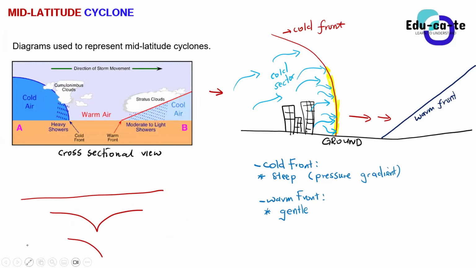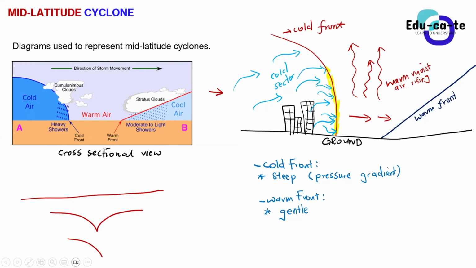Then after the cold sector, we expect to have a region that is filled with warm air, right? Yes, sir. So in this region here, we have got warm air, and this warm air is rising. Remember that we say that the warm air is rising. As the cold front is approaching, all the warm air is rising. So we must always have warm, moist air that is rising. Okay?